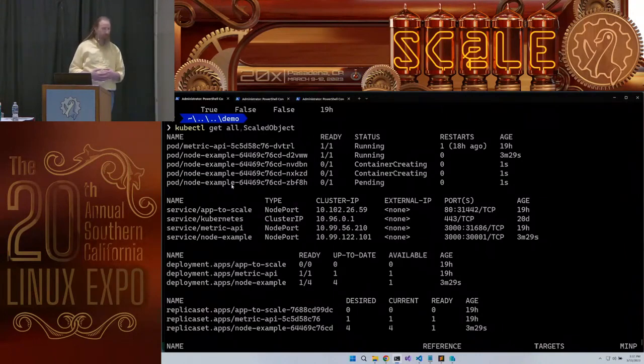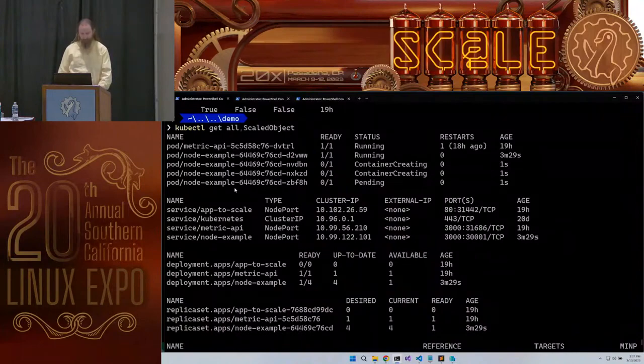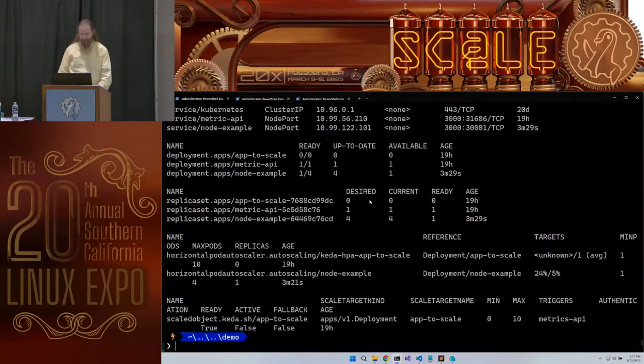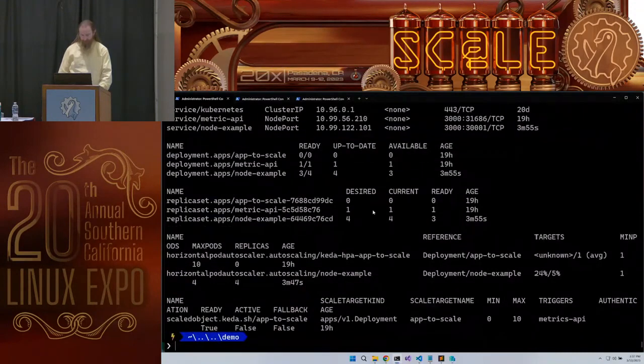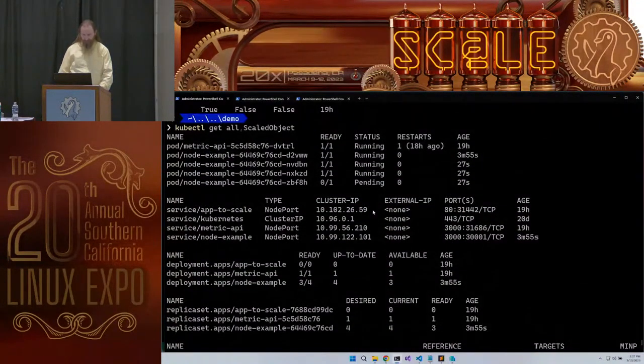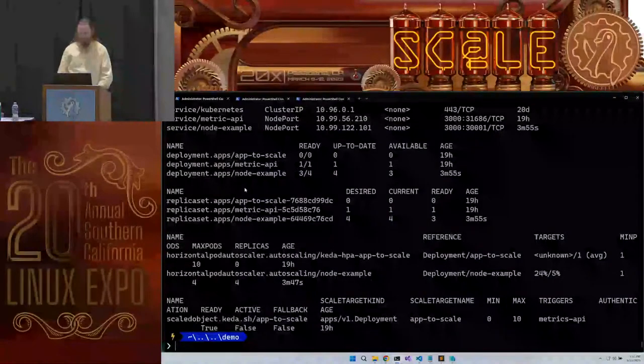Now we've specified that we want to jump in groups of 4. So there's our 4 pods. We've got some containers creating. In 10 seconds, it'll notice that it's good, and it will probably come back down. But there, we just auto-scaled based on CPU. We got our CPU to spike, we got more pods. When our CPU is done, then we'll get fewer pods.